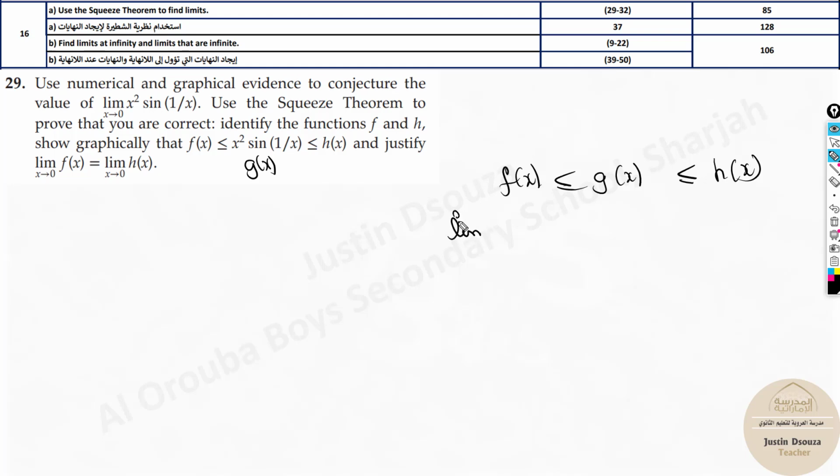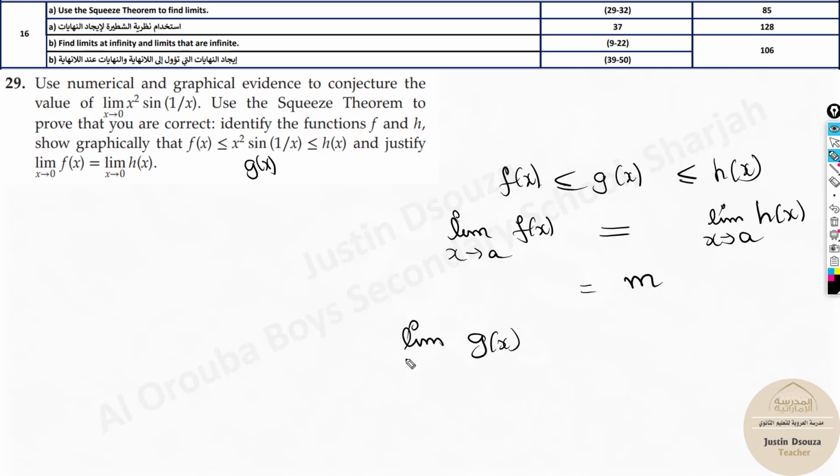If we apply the limit as x tends to a, whichever point is specified in the question, for f of x and also for h of x, it can be any number, 2, 0, 5 or anything. If these two are equal to, say, m,